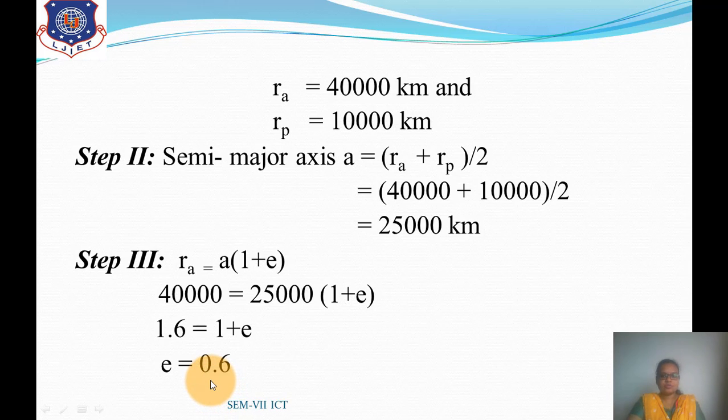So this is how we find the eccentricity if the apogee distance and the sum or difference of apogee and perigee distance are given. Clear? Right? So these are the two different types of examples, and we have also seen the rest of the examples in the previous session of unit 2. So refer to those examples for further purposes.